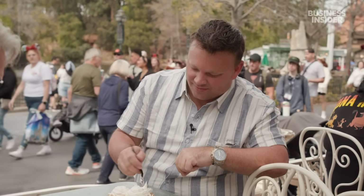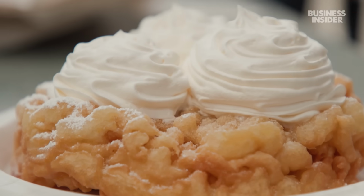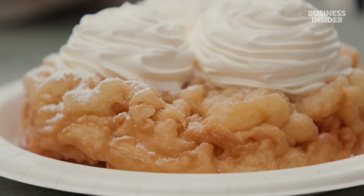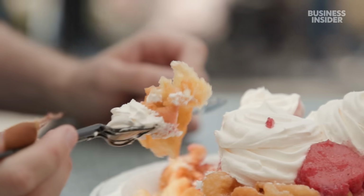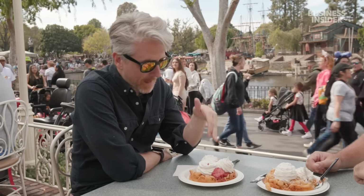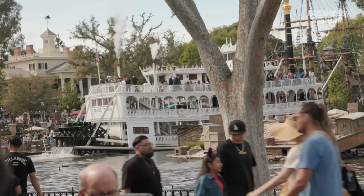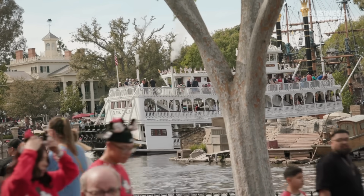I'm not much of a funnel cake connoisseur, but I've had it enough to know what they taste like, and this is a really thick funnel cake, right? It's thicker than we're normally used to. Crispy, perfect, really pillowy inside, nice and warm. The way that it pairs with the whipped cream, and in my case, the strawberries, all together, sweet and savory at the same time. And you know, killing time here at this Stage Door Cafe, just